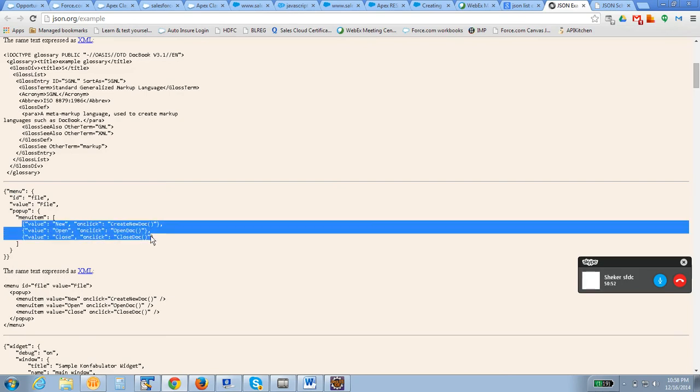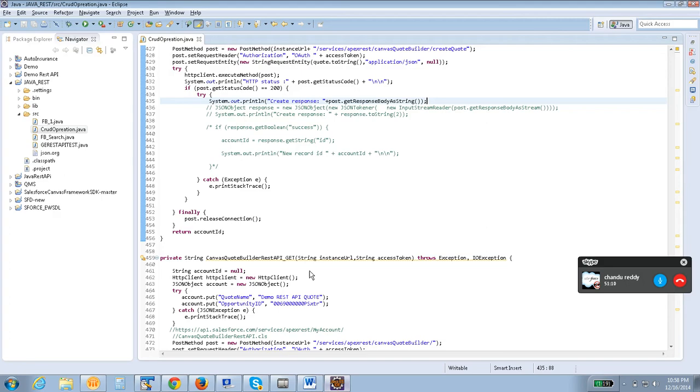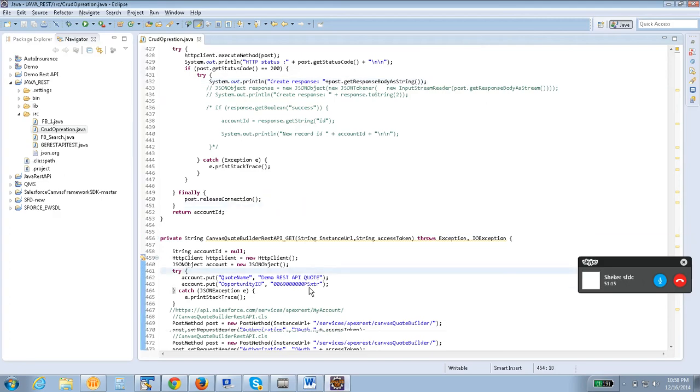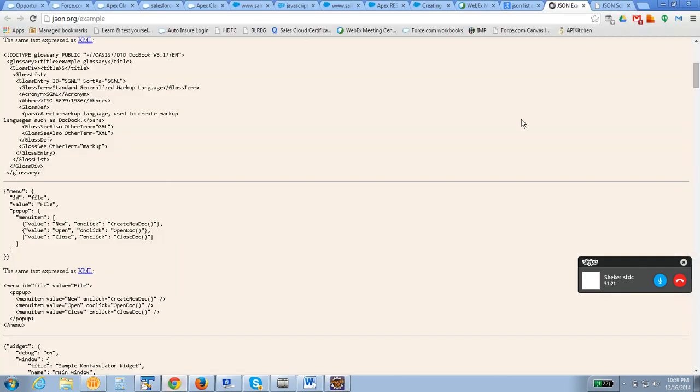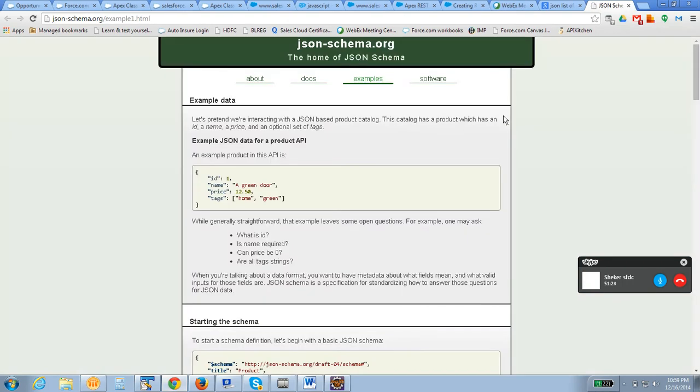Now we will go back to the particular class, into that get method. We already know get is basically for getting the records, right? This is an endpoint URL where, with get, we basically need to pass a parameter as a query string, correct? Last time we did the same thing. If you closely observe our get method, we passed the account with the account ID, right?